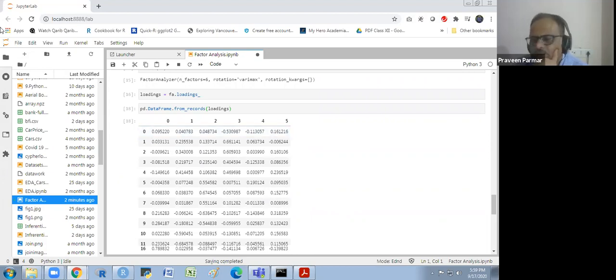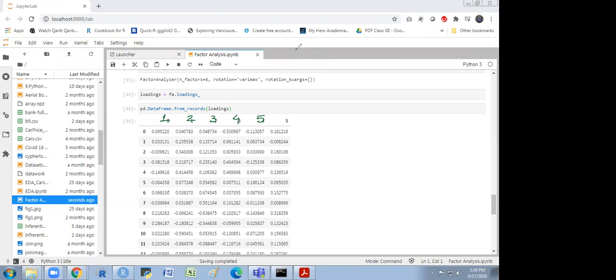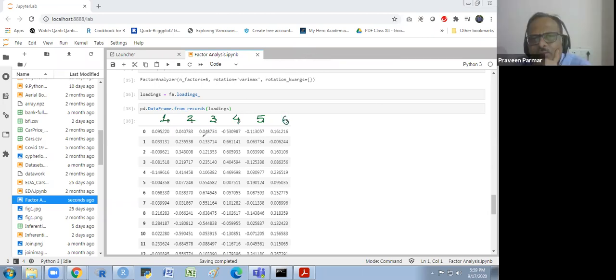I will explain here one by one how it works. This is our first, this is second, this is third factor, this is fourth factor, this is fifth factor, this is sixth factor. Does that make sense to everyone? Now what I do, I just see the maximum number here. What is the maximum value? Either it may be the negative side maximum or the positive side maximum.